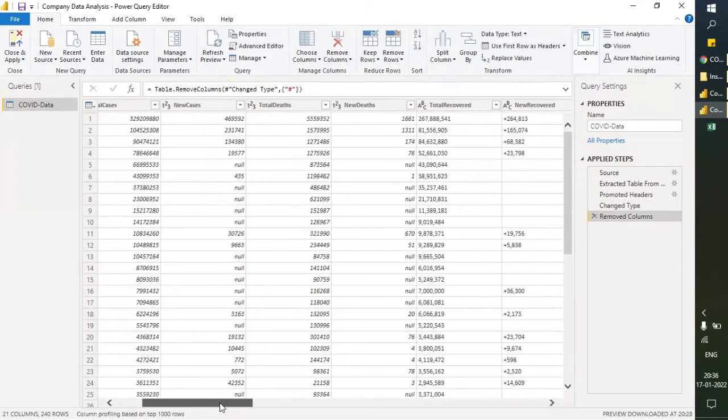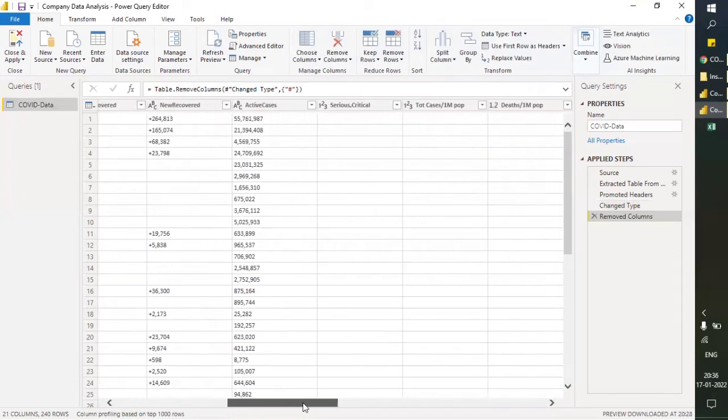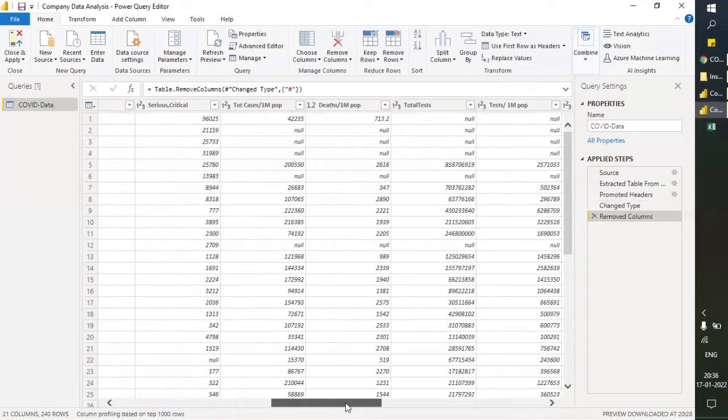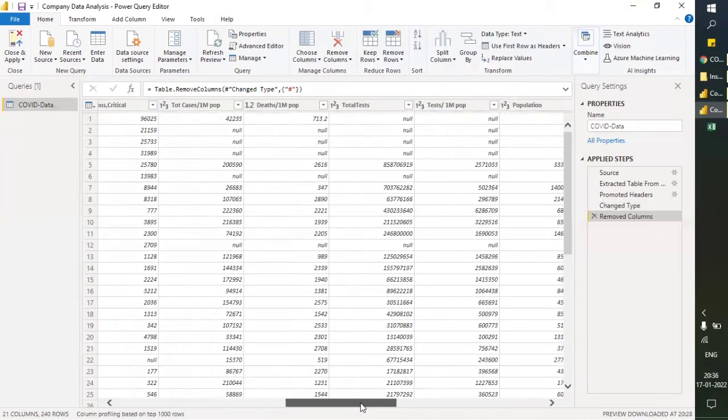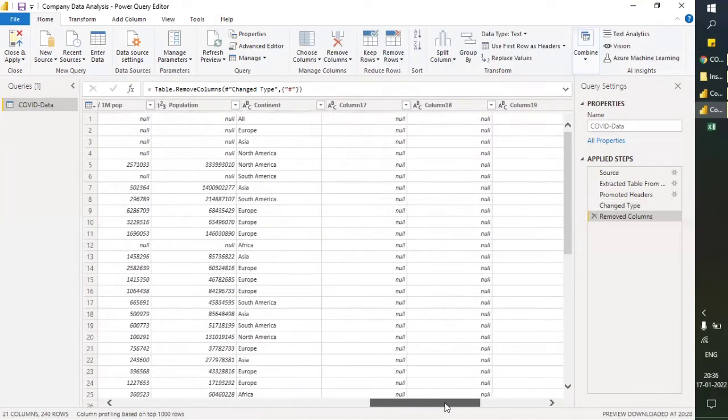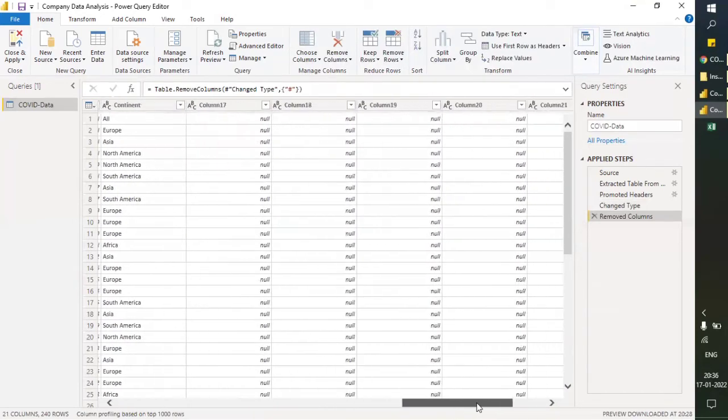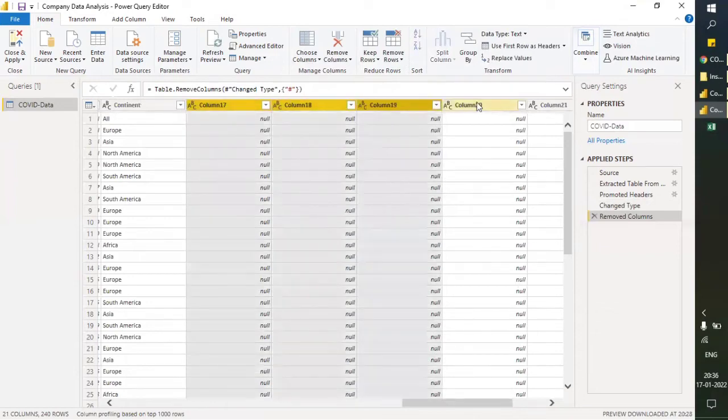Now moving to the right-hand side. Whenever you get a project in your office, it will be the same case. You will import the data, then you will clean it. That's the first step. So let's press Control and select all this.